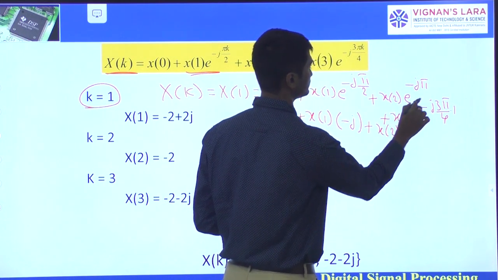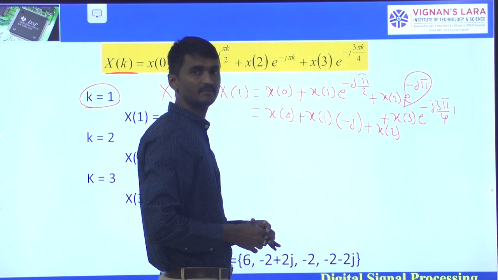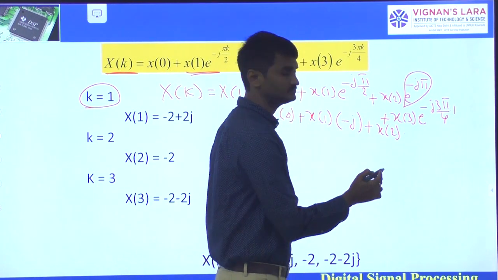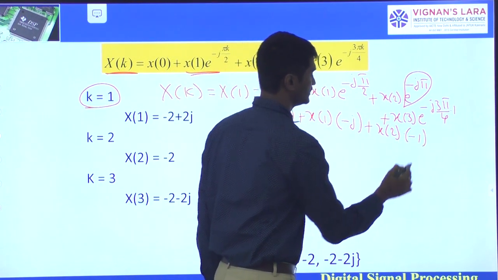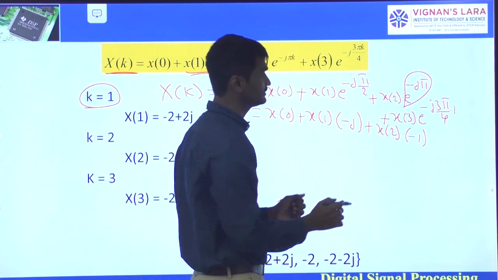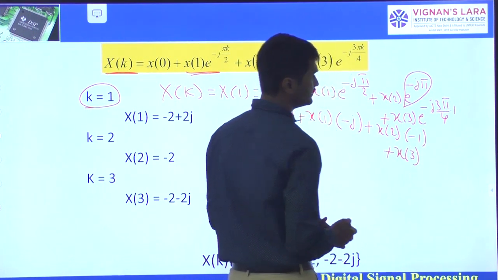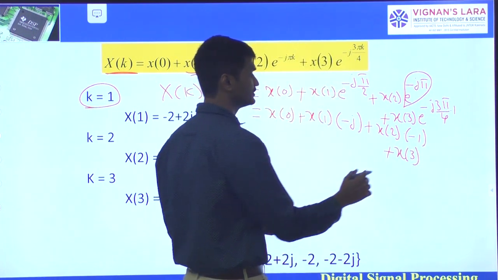So x of 2 into e power minus j pi, that is cos pi minus j sin pi, which is minus 1, plus x of 3 e power minus j 3 pi by 4, it is